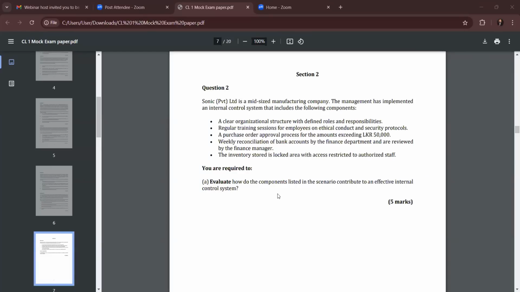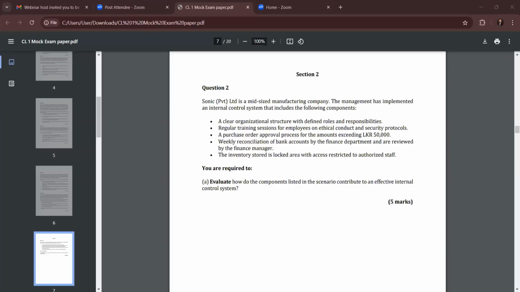What's that? Training. Control activities. Personal controls, control activities, the personal controls, right? Very good, everybody. Personal controls. So if you make regular training, when you train people, what will happen? People will know what they have to do. People will have integrity within their mind. People will not commit frauds because controls are embedded in their culture. Personal control.